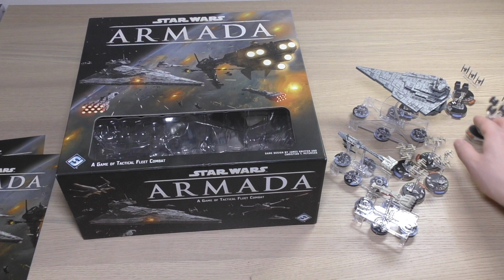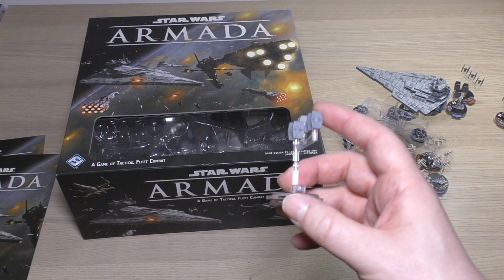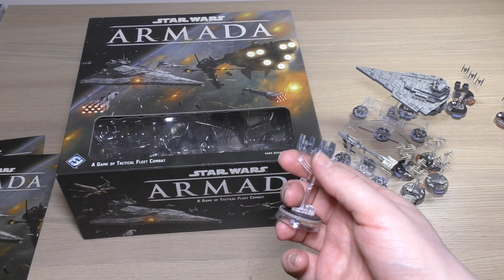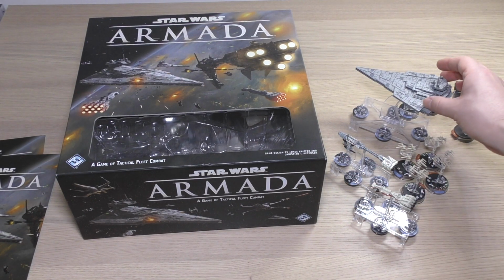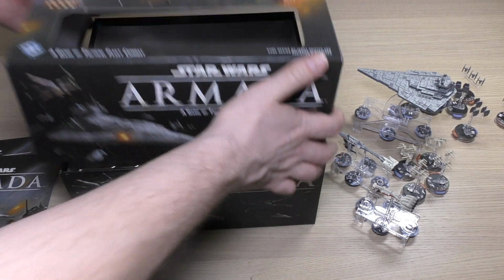Now, the fighters themselves aren't necessarily painted. They are a colour of plastic. What I would suggest you do is spray them a colour and then paint the details at your leisure, rather than just leave them. But you can leave them like this if you wish, and just have the ships fully detailed and painted. So let's crack open this box and have a look at all of the goodies that we'll